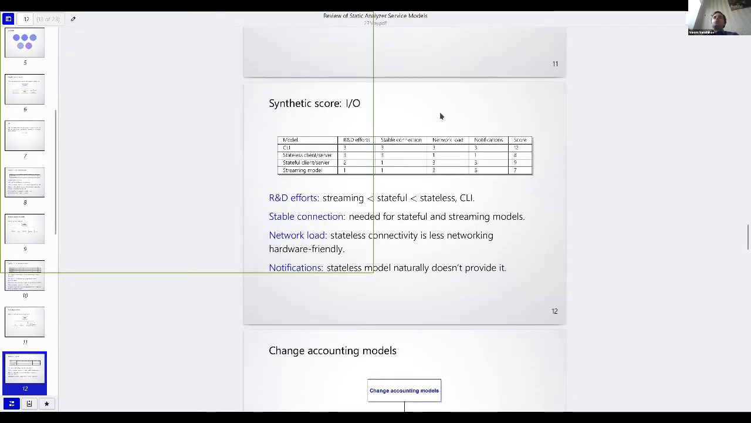If we talk about the synthetic part of this story, the command line interface model and stateless models take less R&D effort than other models. A stable connection is only needed for stateful and streaming models. The network load is surprisingly